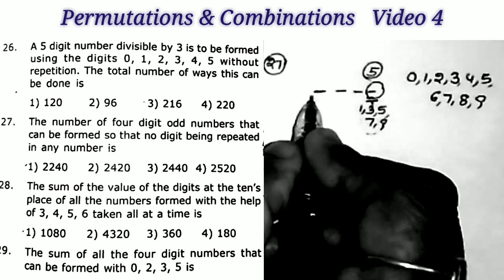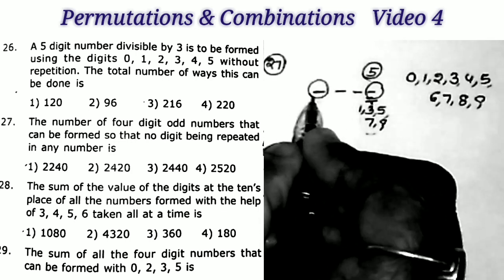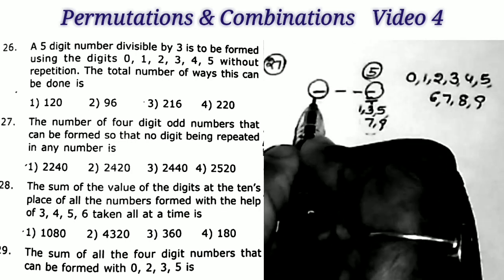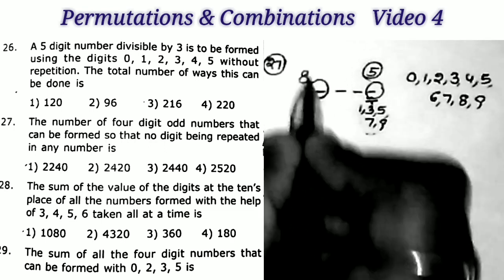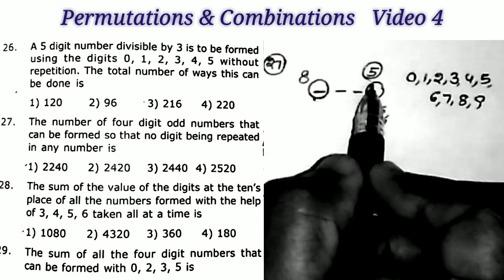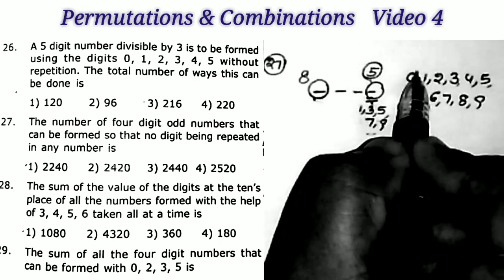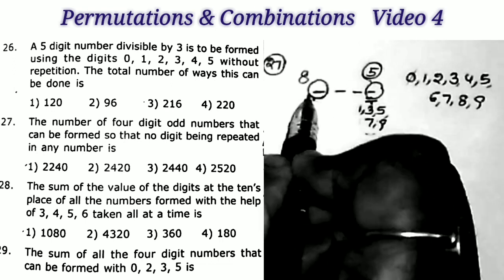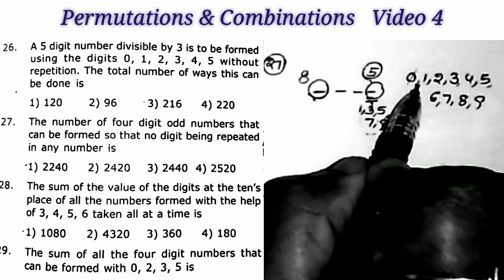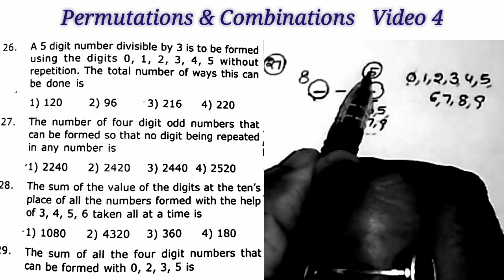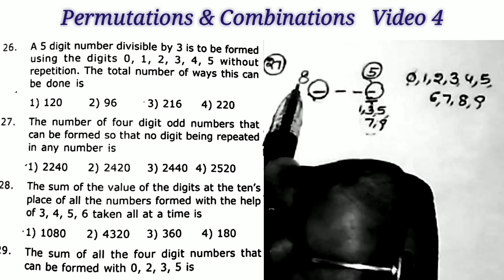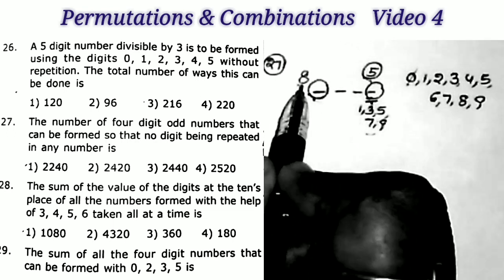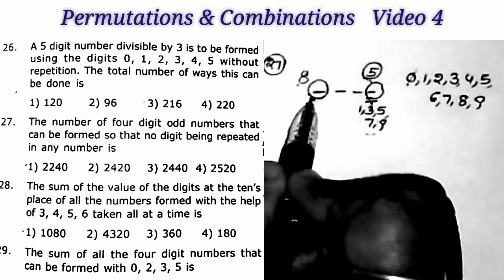Okay. And see here, we want to fill this gap now. So here we can fill this gap by 8 ways. That is, already here we used 1 digit and we don't use the number 0 at the first place. That is, we don't take the 0 and already here we used 1 number. That is, the remaining numbers is equal to only 8. That is, we can fill the first gap in 8 ways.